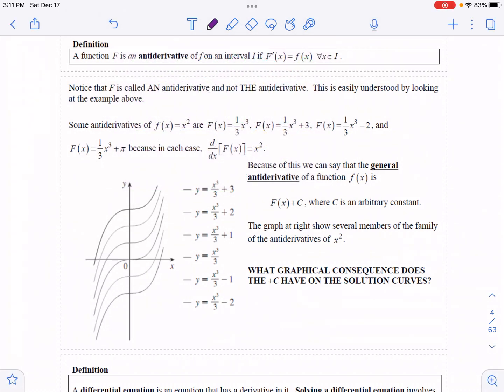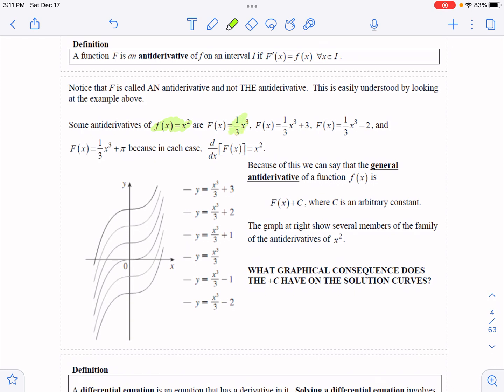All right, in this video we're going to talk about antiderivatives and the process of finding antiderivatives. So a function, capital F, is an antiderivative of lowercase f on an interval if capital F prime is equal to lowercase f. Below we see a couple of examples of antiderivatives of x squared, and you'll notice that